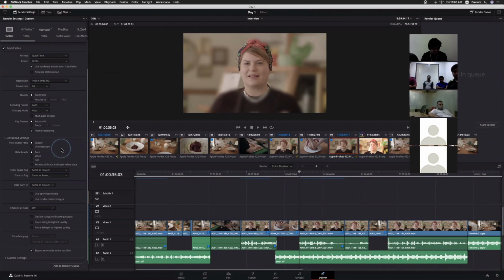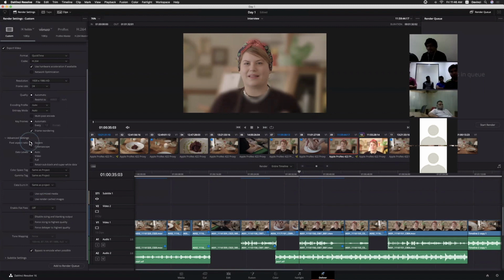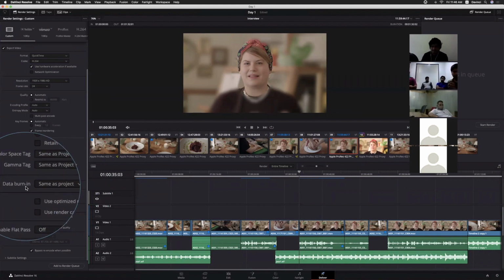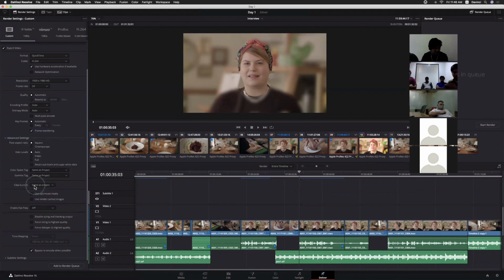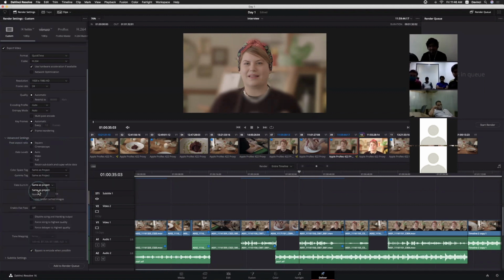Now the advanced options, if you want to restrict what we call bitrate and everything, you will find within the render settings. And pixel aspect ratio, right? Square. If you want to add a pillar box or cinema scopes, we can do all these things here. And we have seen this data burn option yesterday, right? So if you added anything to that data burn, you can use these options. By selecting here, it will automatically add whatever you added to the data burn.